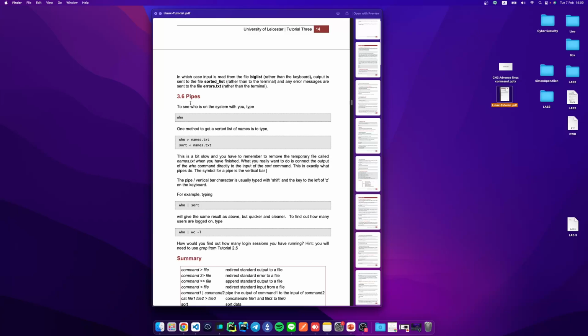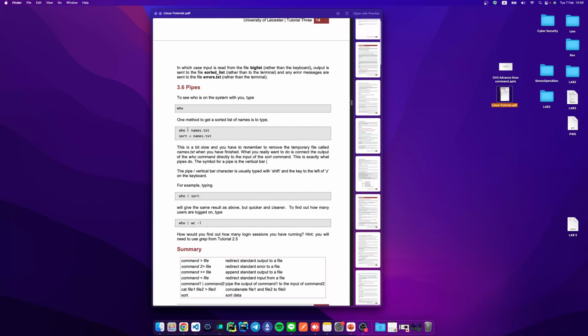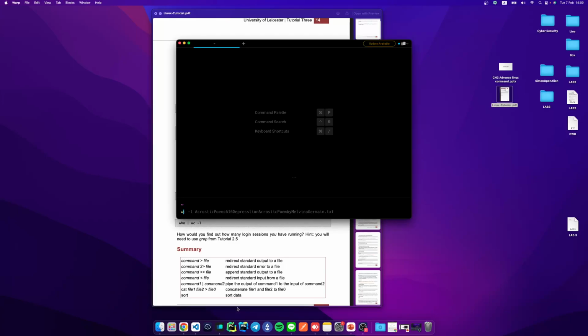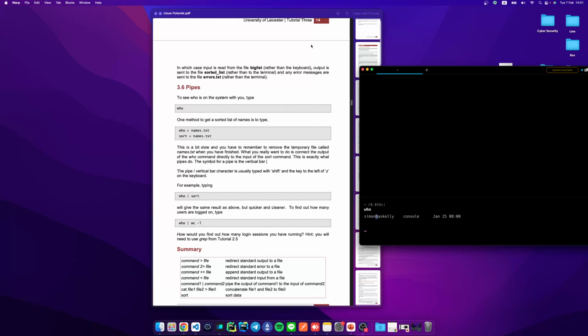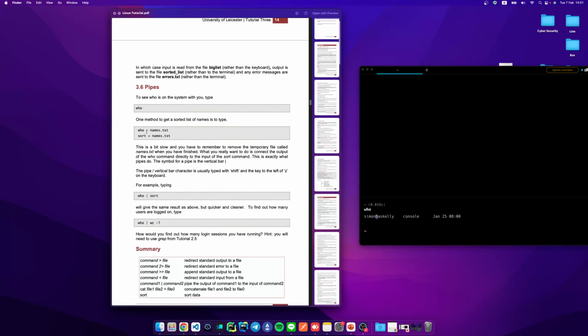Here is how you can pipe the command. You can use something like this. If you use who, it will show your username. Who, here's my username, right? And if you say who and write it to name.txt, and if you want to sort it out,